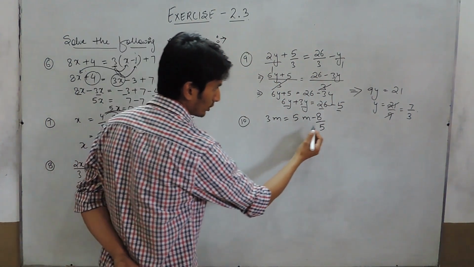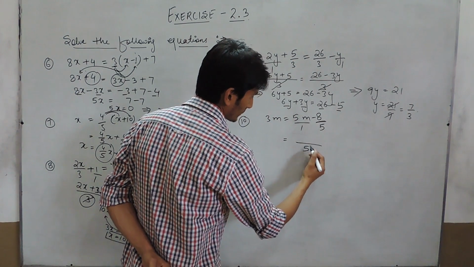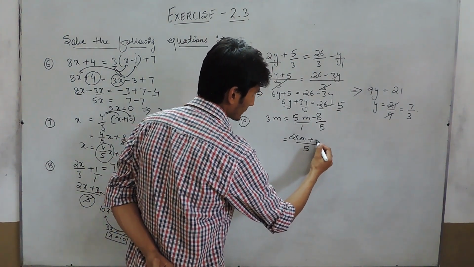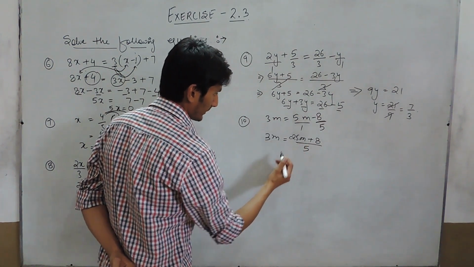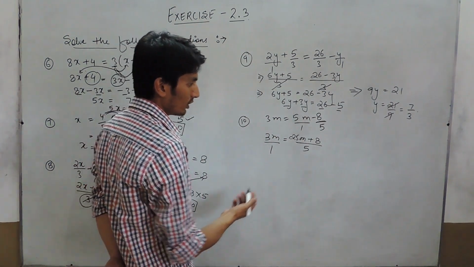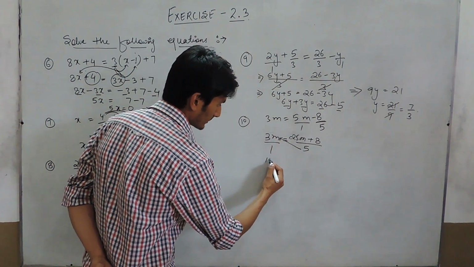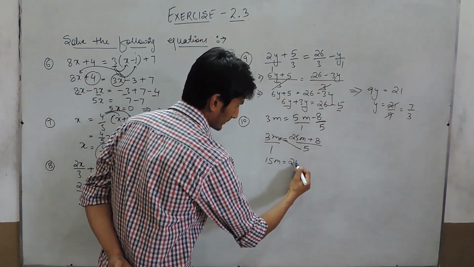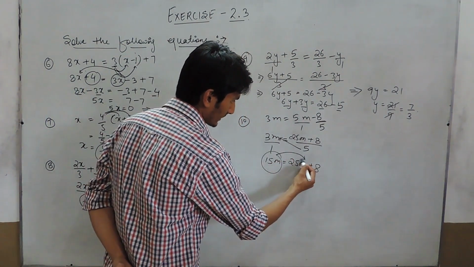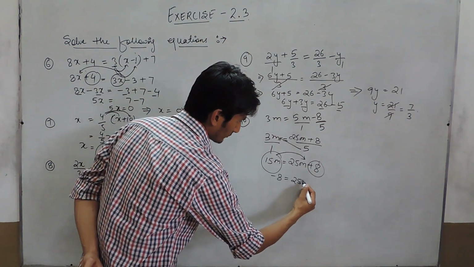In this question also, because here is a fraction, we have to take the LCM first. So 5 is the LCM, and it would be 25m plus 8 is equal to 3m. Now we can cross multiply these because only one fraction is on both sides of the equals to sign. So this when multiplied with this will give 15m and this would be plus 8. So when this is shifted to that side and this constant shifted to this side it will give minus 8.